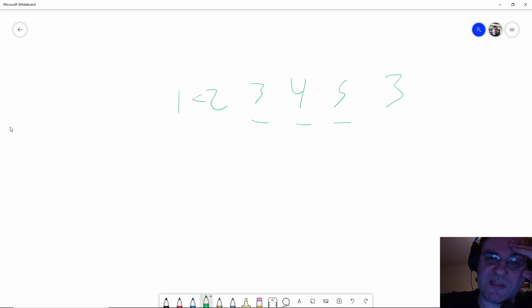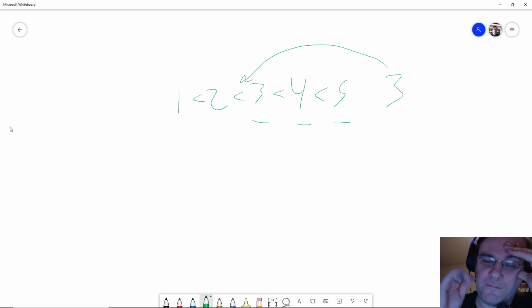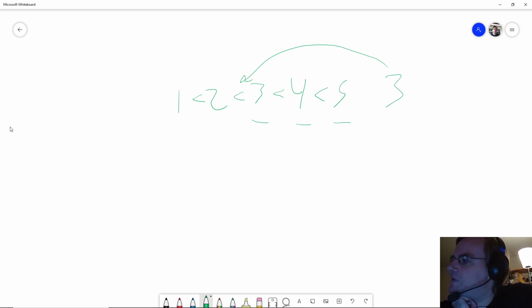So what this tells us is that that's greater than that, greater than that, greater than that, greater than that. And then this lies between those 2 pancakes. So this gives us partial orderings.